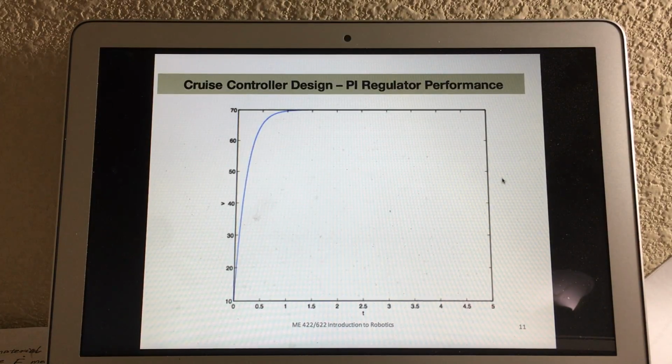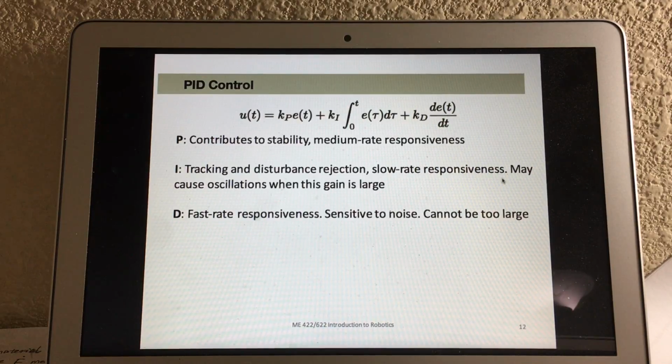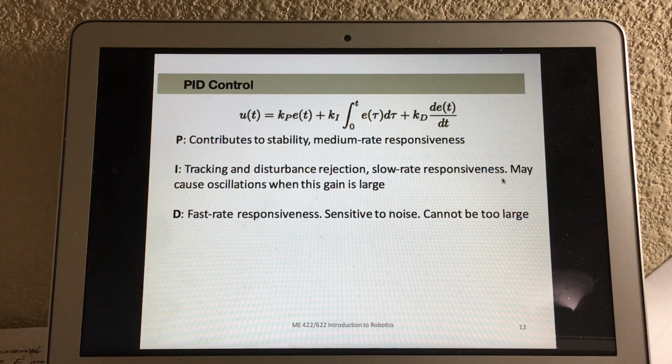Regular performance. You can see that it can go to 70 miles per hour pretty much in 1 second. I think that's 1 second. So here is a breakdown of this approach. It's certainly P, which is proportional gain. It contributes to stability and medium rate responsiveness. The I is for tracking, and its job is to do tracking and disturbance rejection. It's slow rate responsiveness,